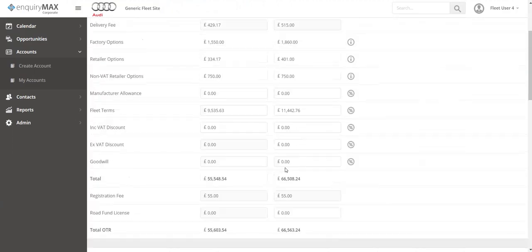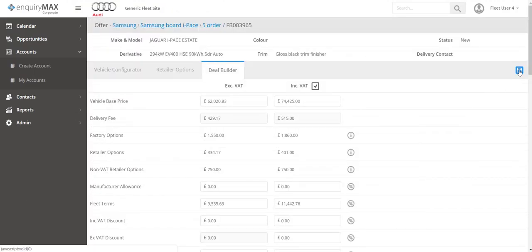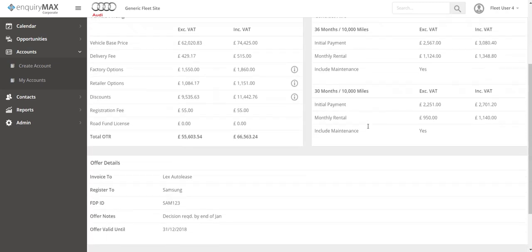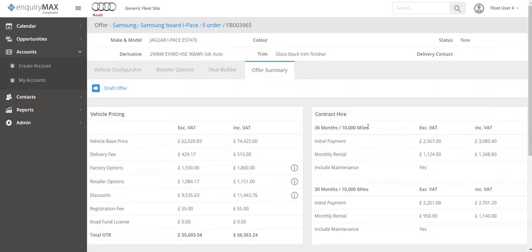Okay. Now once I've done that, if I then click save, it will open me another tab here called the offer summary, which if I go into, you can now see all my figures in a slightly different layout. If I then click on draft offer, you can see that it then opens up the opportunity for me to print an offer or a quote. Okay. So what I'm going to do is I'm going to stop there, and you can see that's been drafted, and I'm going to go back into my